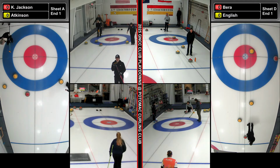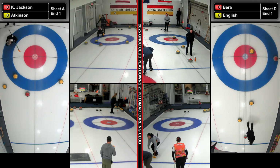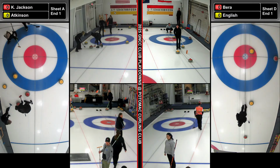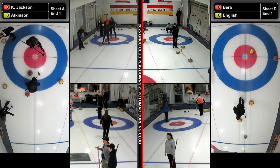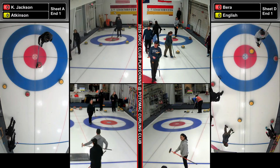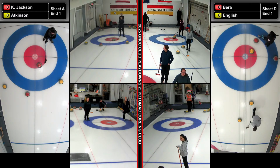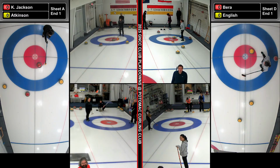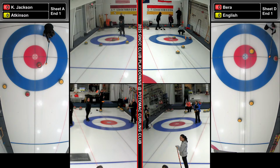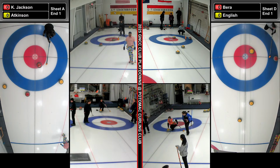Sure. I grabbed a picture of their lineup because I know I've been playing around the GNCC for a minute, and I know a lot of the people in these games, but I don't quite know everybody. Well, I got their names here anyway. So we have Ryan Smith lead, James Ennis second, Matthew Kenlin third, and Bradley Gould is skip. And on Team Leichter, we have Ben Clark at lead, Jared Whittish at second, Ryan Hallisey at third, and